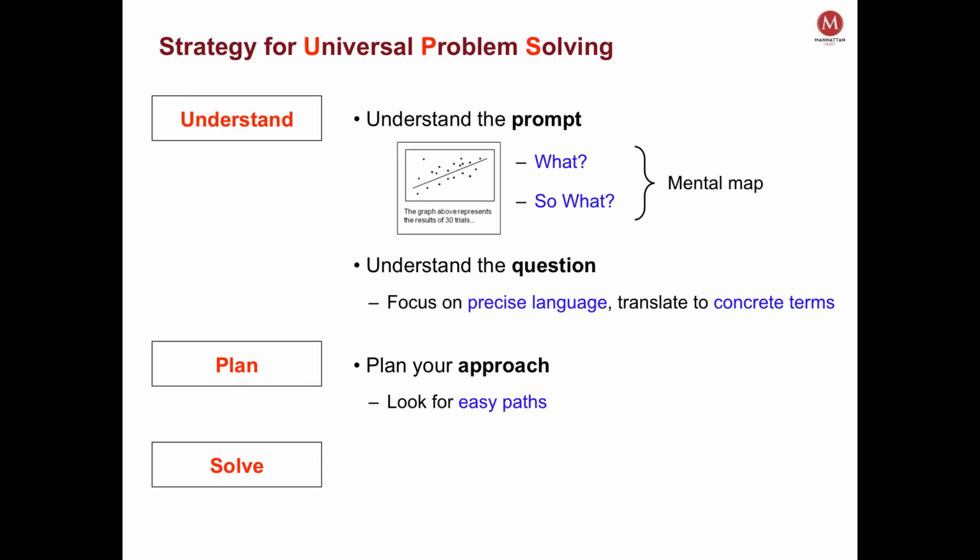The GMAT is tricky. Hopefully that's not news to anyone here. So you want to look for easy paths. Even though IR is more real world-like, you still have this sort of how did these people get so tricky thing going on, and you want to do this before you solve. With some of the tasks, if you think about the easiest way to solve this, you'll come up with something very grade school, something like, oh, if I just count the dots below this line, I'll get the answer.